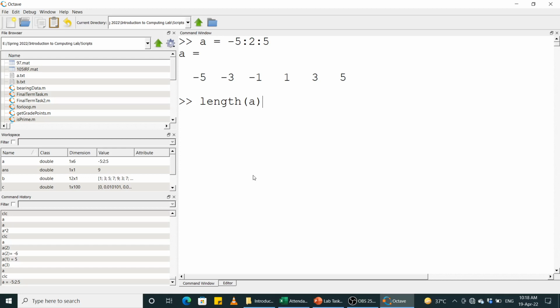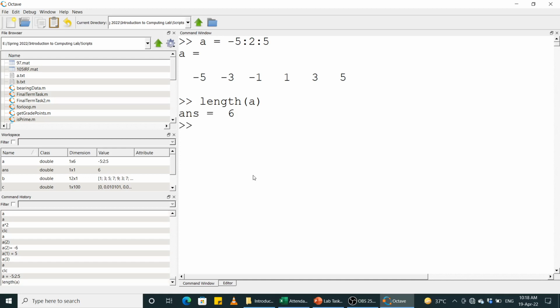So if you say length of A, A is a vector, so it would return you कि A में कितने elements हैं. A can be a row vector, A can be a column vector, doesn't matter, ठीक है. So A has 6 elements. So A में जो maximum index की value है वो 6 है और minimum 1 है, ठीक है. ये मैं आपको इसलिए बता रहा हूँ कि if you are asked कि आप लिखें एक for